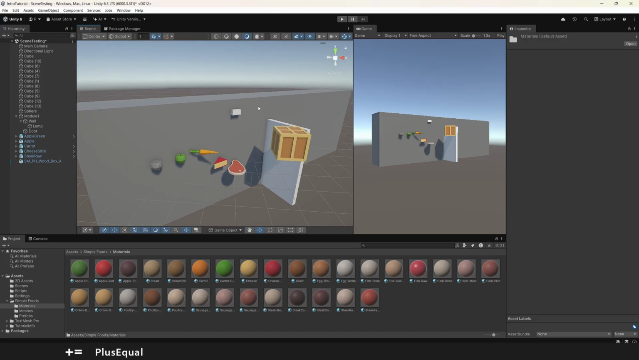So don't forget that you can import assets from the asset store, the package manager, from your computer, and even